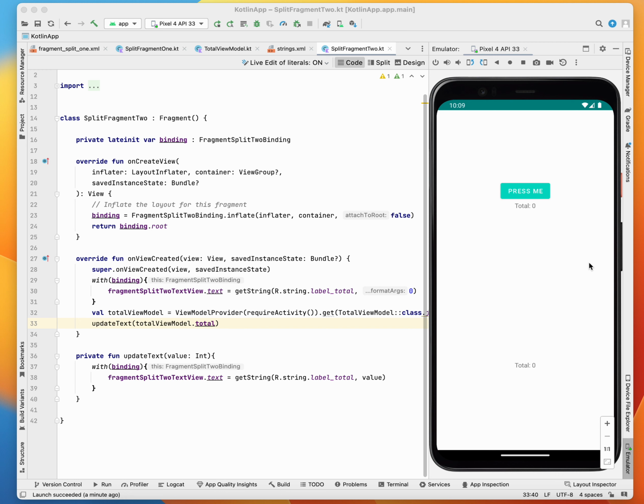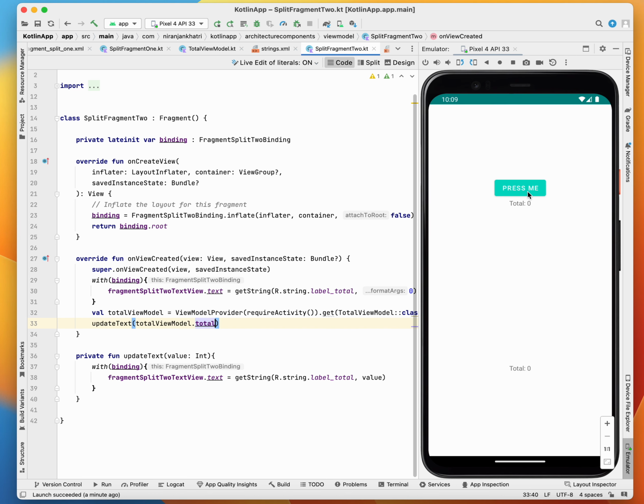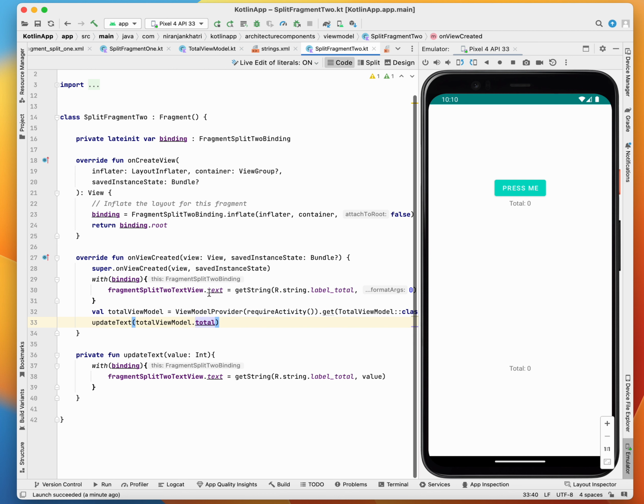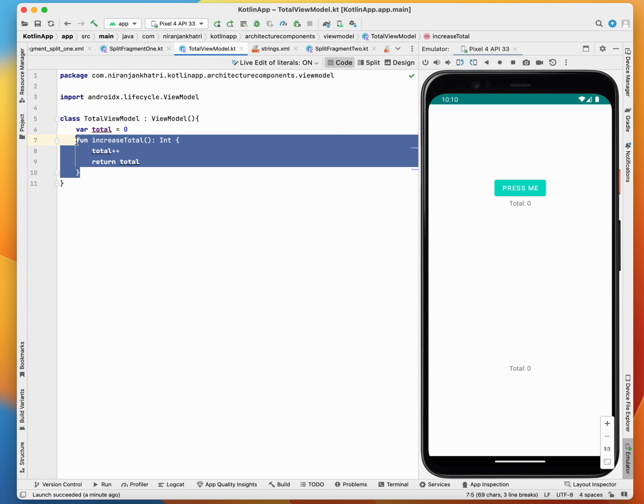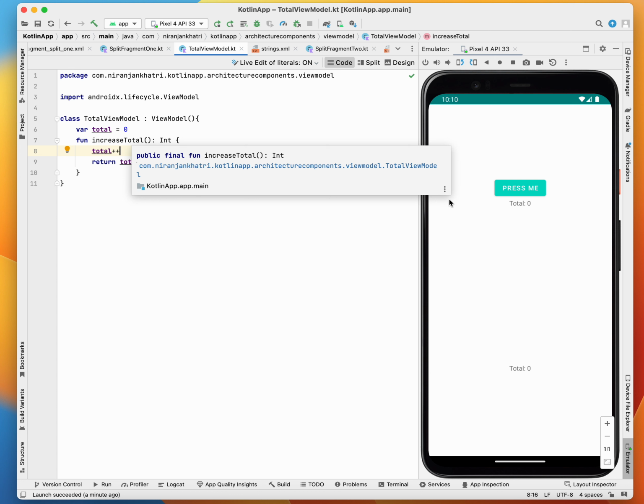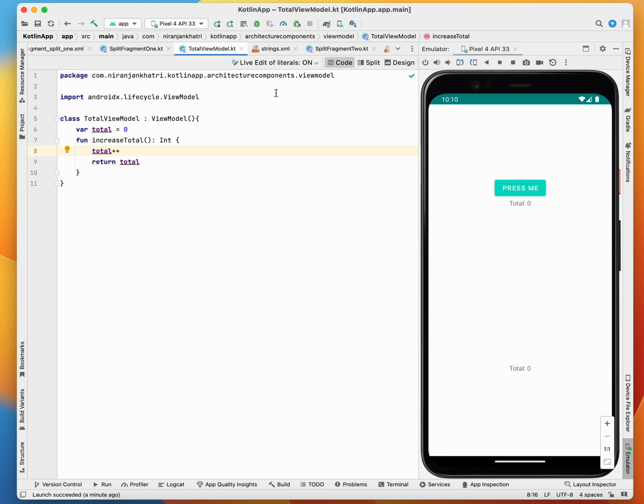Okay, so this tutorial is actually the continuation of the previous tutorial that I introduced you about the view model. And if you check out my previous tutorial, I just created this simple application, just implementing the view model, right? So our view model was called total view model, which just has this simple function to increase the total, right? Whenever you click the button, okay, so I had two split fragments, like split fragment 1 and split